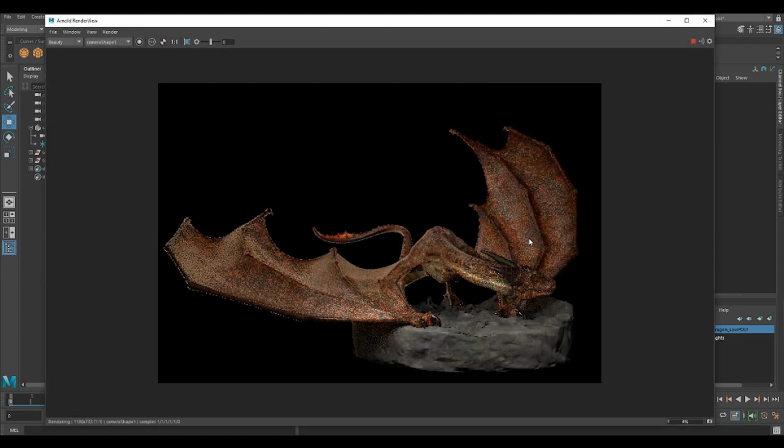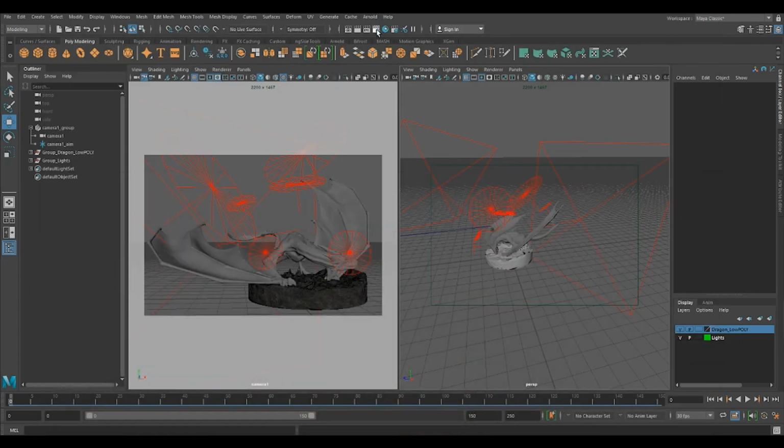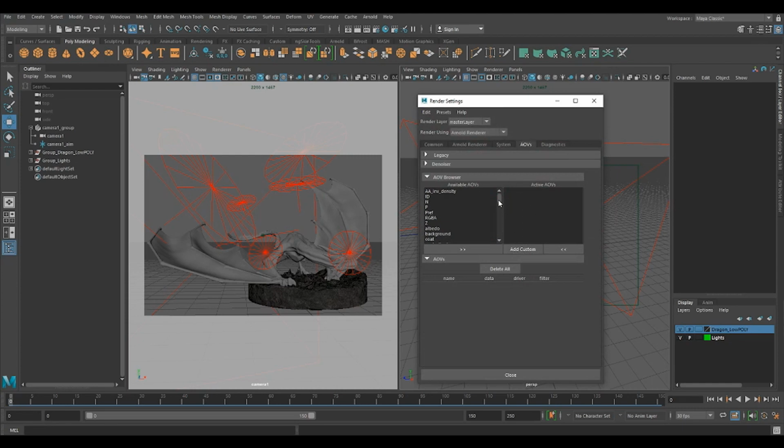So for example, we have this render. Now let's start going about what we have for now, which is only the beauty, so only the color layer. So we're going to create, now this we found to be the best AOVs that we like to work with, but of course you can use many more layers, and I will just go now to the render settings. We get a default to see the AOVs. So let's open the render settings, and the ones I'm going to start with, like I showed last time, but